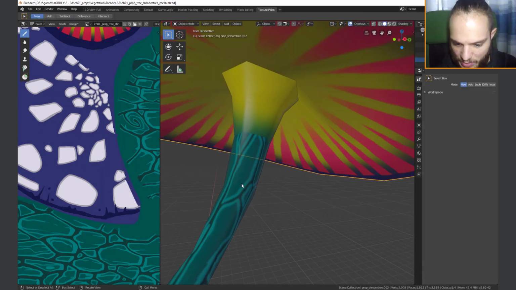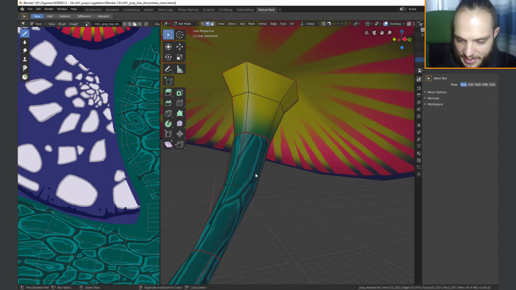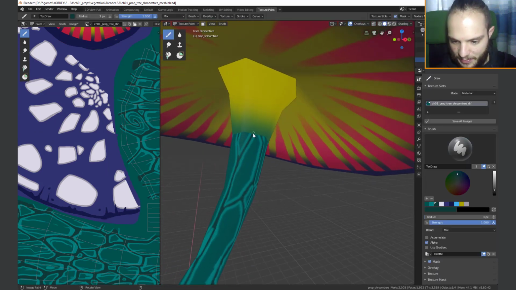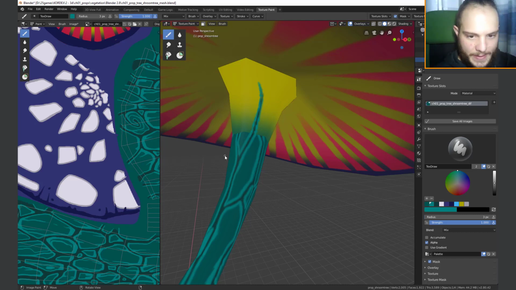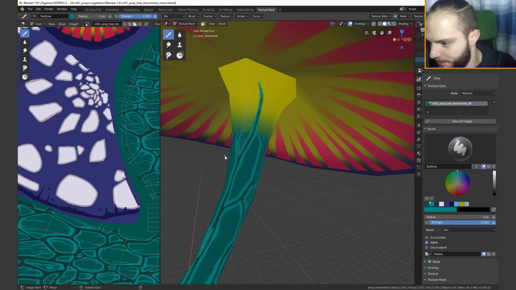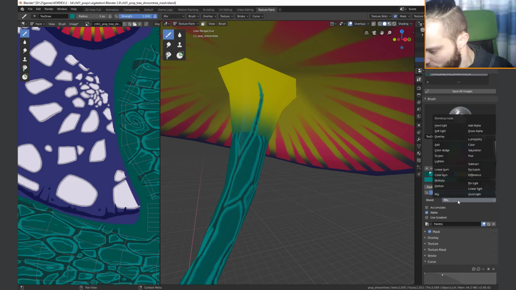I need to go to object mode, select the needed object, and now I can directly draw on my texture again. So I need to hide the UV cuts. The only thing is, should I use another brush style? For example,